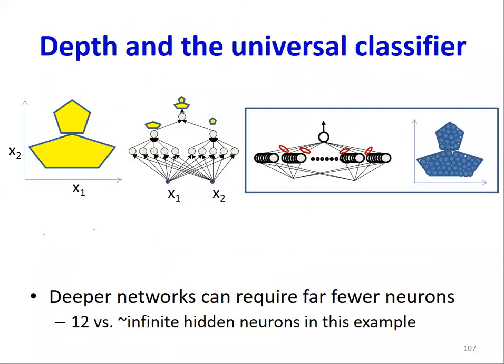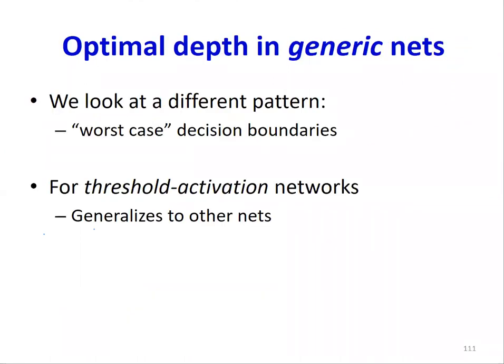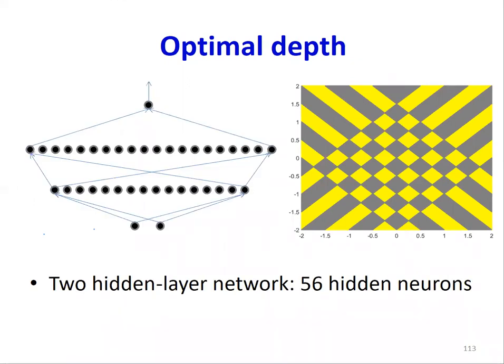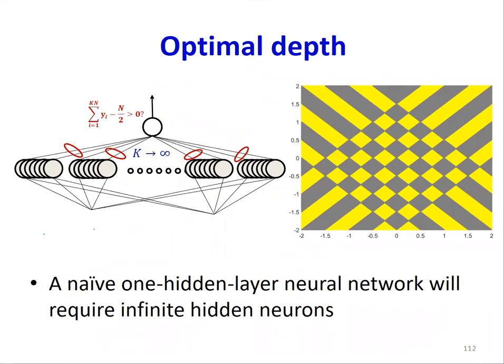Thank you, Professor. Right. So the point is this, right? If I have too few layers, it's going to require too many neurons. Now let's look at a somewhat more realistic example. I'm going to look at this pattern, right? I want a checkerboard pattern for 2-dimensional inputs. I want the output to be 1 whenever the input is inside the yellow band and 0 outside, in the gray bands. I can do this with 56 hidden neurons, 2 layers. If I did this with 1 hidden layer, a naive circuit we saw is going to take too many neurons in the hidden layer.